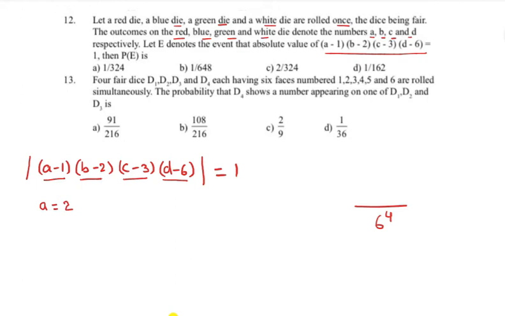So A is equals to 2. What about B? In case of B we have 2 options. B may be 1, B value may be 3 also, because in case of 1 you will get minus 1, right? You may ask, sir, here 0. No, when a die is thrown, how will you get a 0? Next, in case of C also, we can get a 2 in place of C, or you can go for 4 also in place of C. But again in place of D, we have 5 and you can have 7 also. Don't say D is equal to 7, not possible now, because when a die is thrown, how will you get 7?